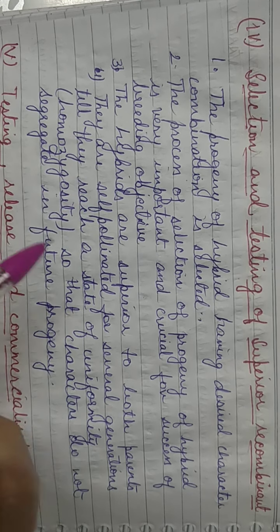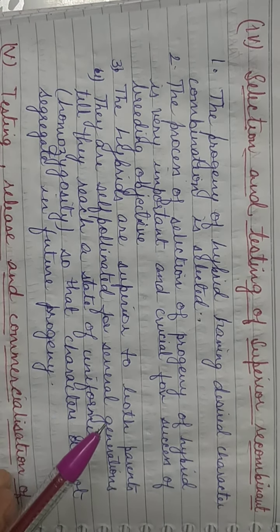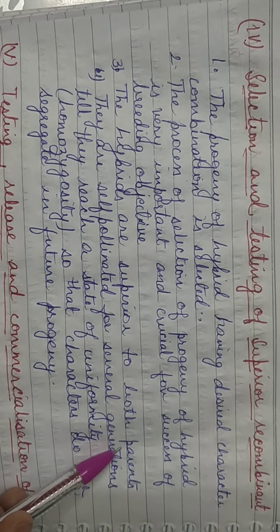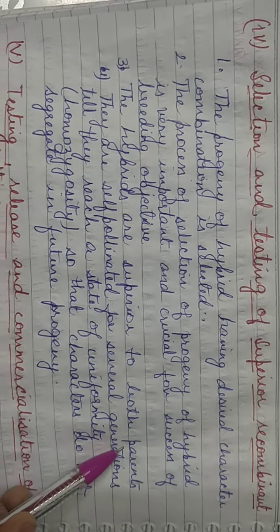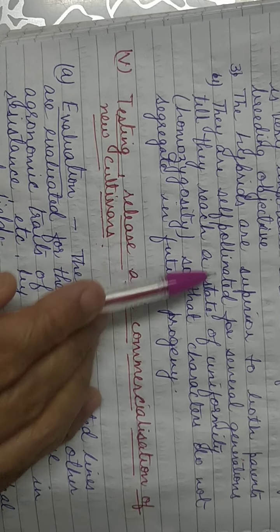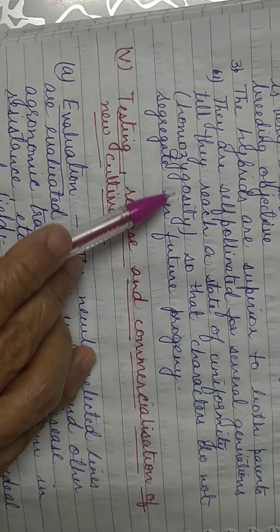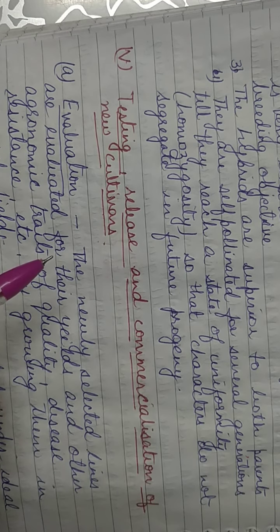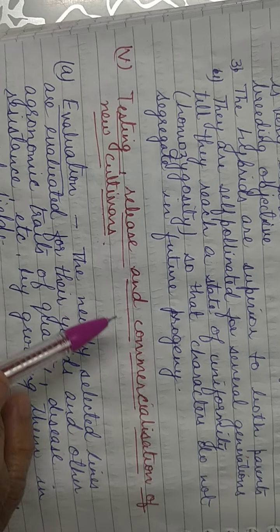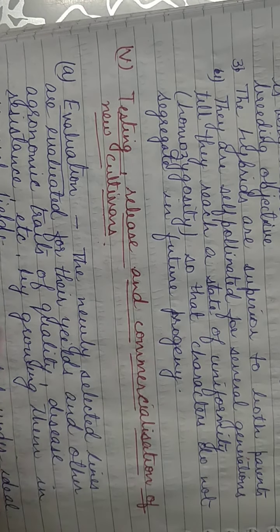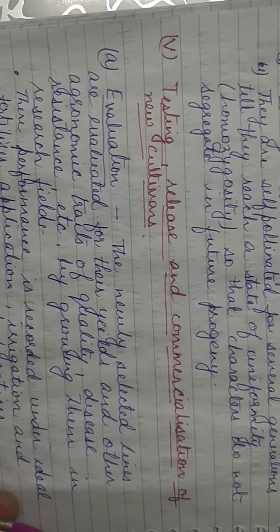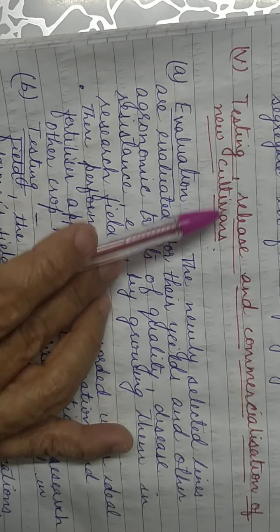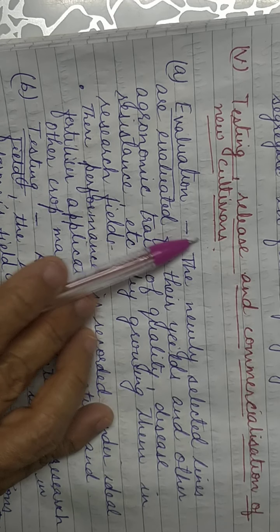Now after we select that hybrid, we have selected the superior hybrid. Now this hybrid should be superior to both the parents, and this hybrid is then self-pollinated for many generations, so that you can obtain uniformity or homozygosity. Now children, remember all these things, the hybrids which we were producing till now was actually done under laboratory conditions. So the next step is testing, release and commercialization of new cultivar.